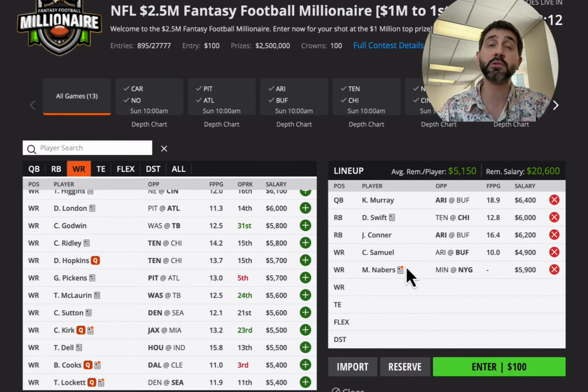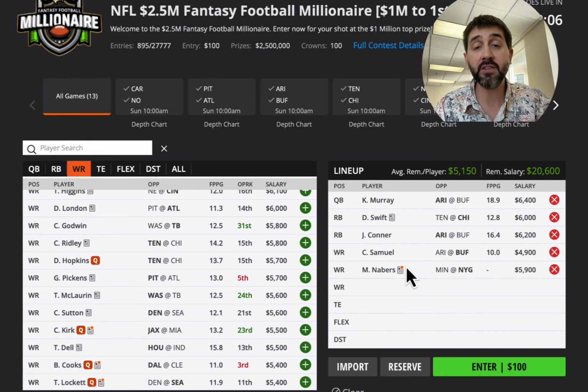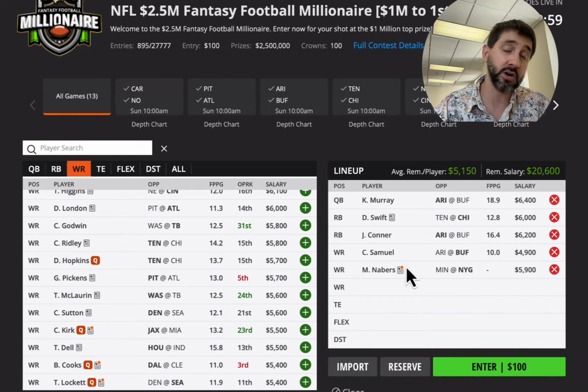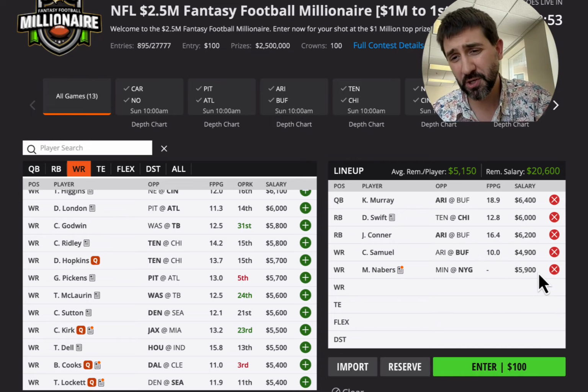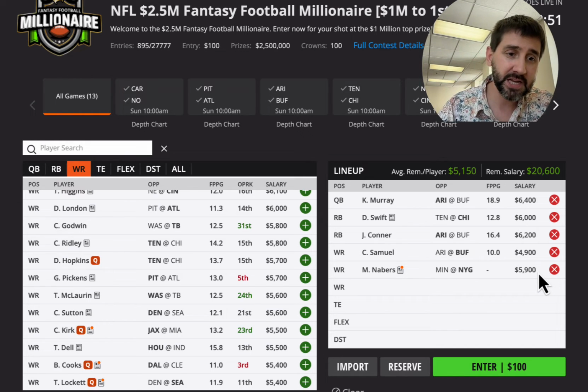And, Malik Neighbors, you got to think target-wise. He's going to get at least 10 targets, right? If not more than that. And a healthy Daniel Jones is not as bad as the media portrays him to be. And if Malik Neighbors had 7 catches for 110 yards and a touchdown, I wouldn't be surprised at all whatsoever. I love Malik Neighbors. I wish he was a little bit cheaper here, but I think it's a fair price